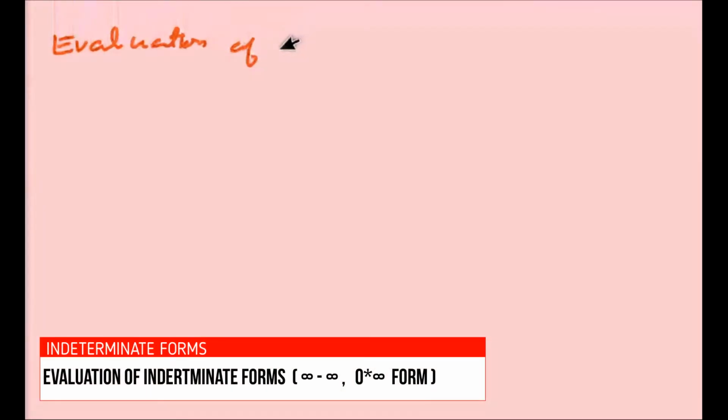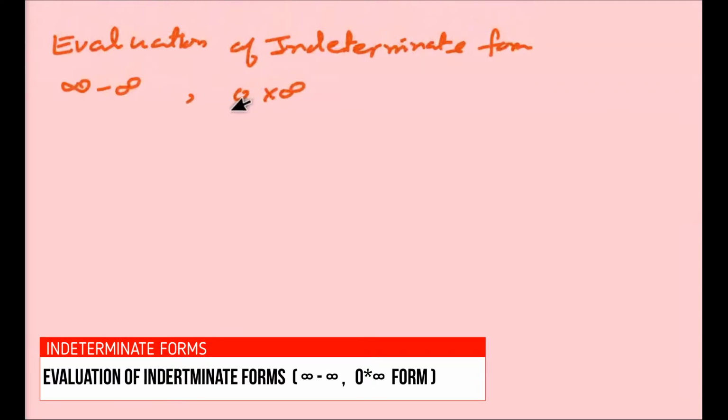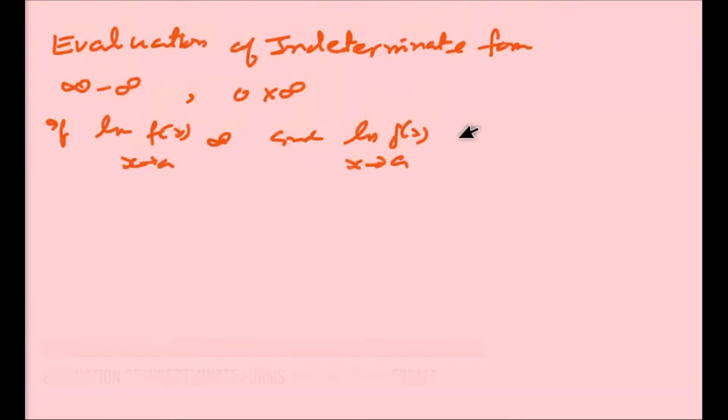Evaluations of indeterminate forms: infinite minus infinite, 0 into infinite. Okay, so student, we can see that if limit f(x) as x tends towards a is infinite, and limit g(x) as x tends towards a is also infinite,